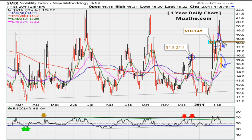So we broke below level 1 and closed back below level 2, which is very bearish for the VIX. And also the reason why we had a big close, about 11%, is because the VIX slashed below 50 on the daily. So this looks very bearish for the VIX and bullish for the general market. Another reason why you might say this is bullish for the market is because of the way the double top here